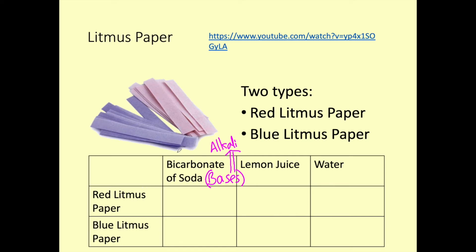So with our base, our red litmus paper turned blue, so red changed to blue, whereas our blue litmus paper, and he kept reinforcing that idea, blue base blue, remained blue,